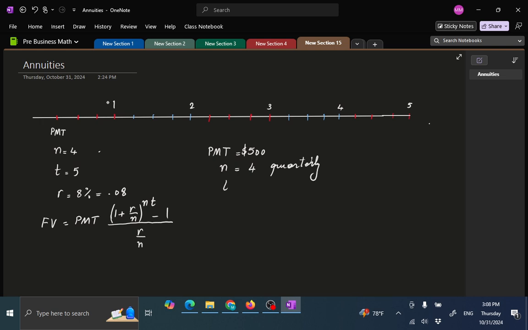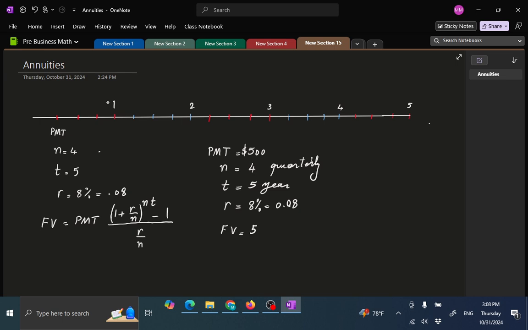We are going to make the payment for 5 years, so T is 5, and the rate of interest that hopefully we get from a certain bank is say 8%. Remember, we write it as 0.08. The question is, how much would this generate for us in the future? So that's the future value of this amount, which is equal to the payment